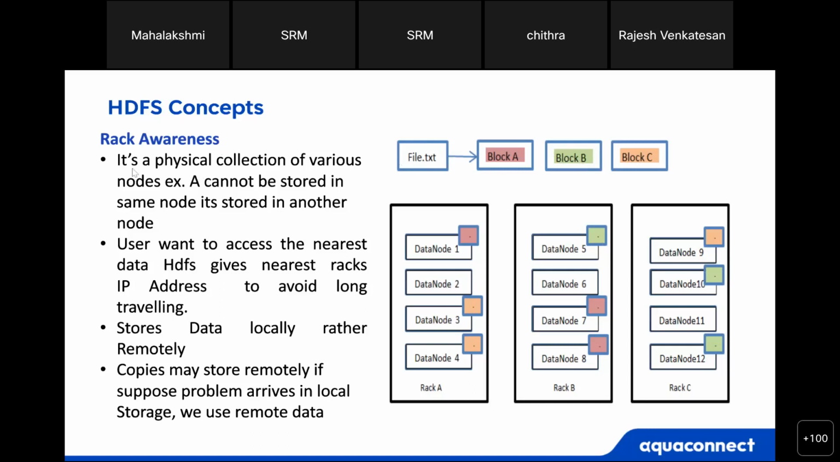So rack awareness is nothing but a physical collection of various nodes. That is, block A cannot be stored in the same node, but is stored in other nodes. When a user wants to access any data, HDFS gives the nearest rack's IP address to avoid long travel. It stores data locally rather than remotely. First of all, the data is stored locally. If we are not able to get the data locally, if any failure has happened,